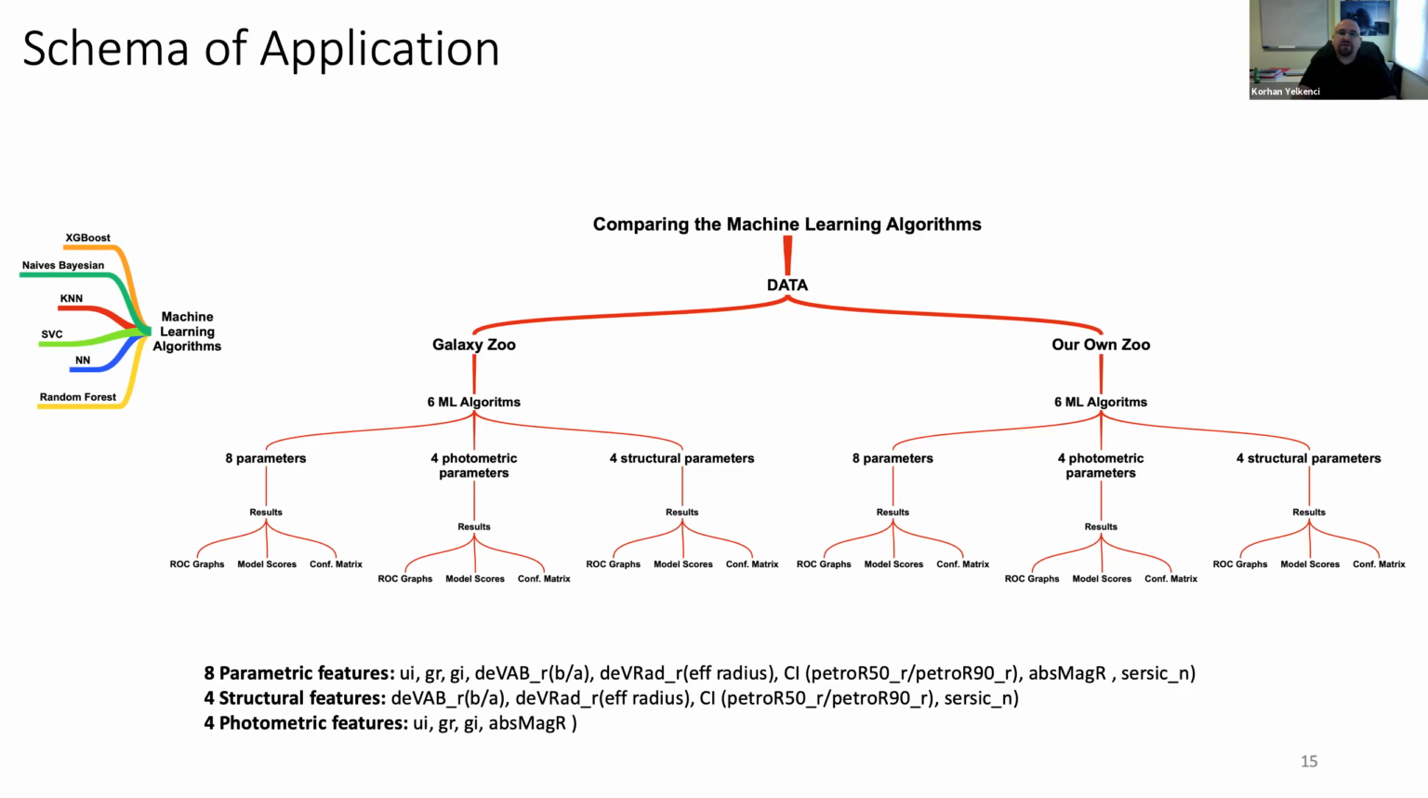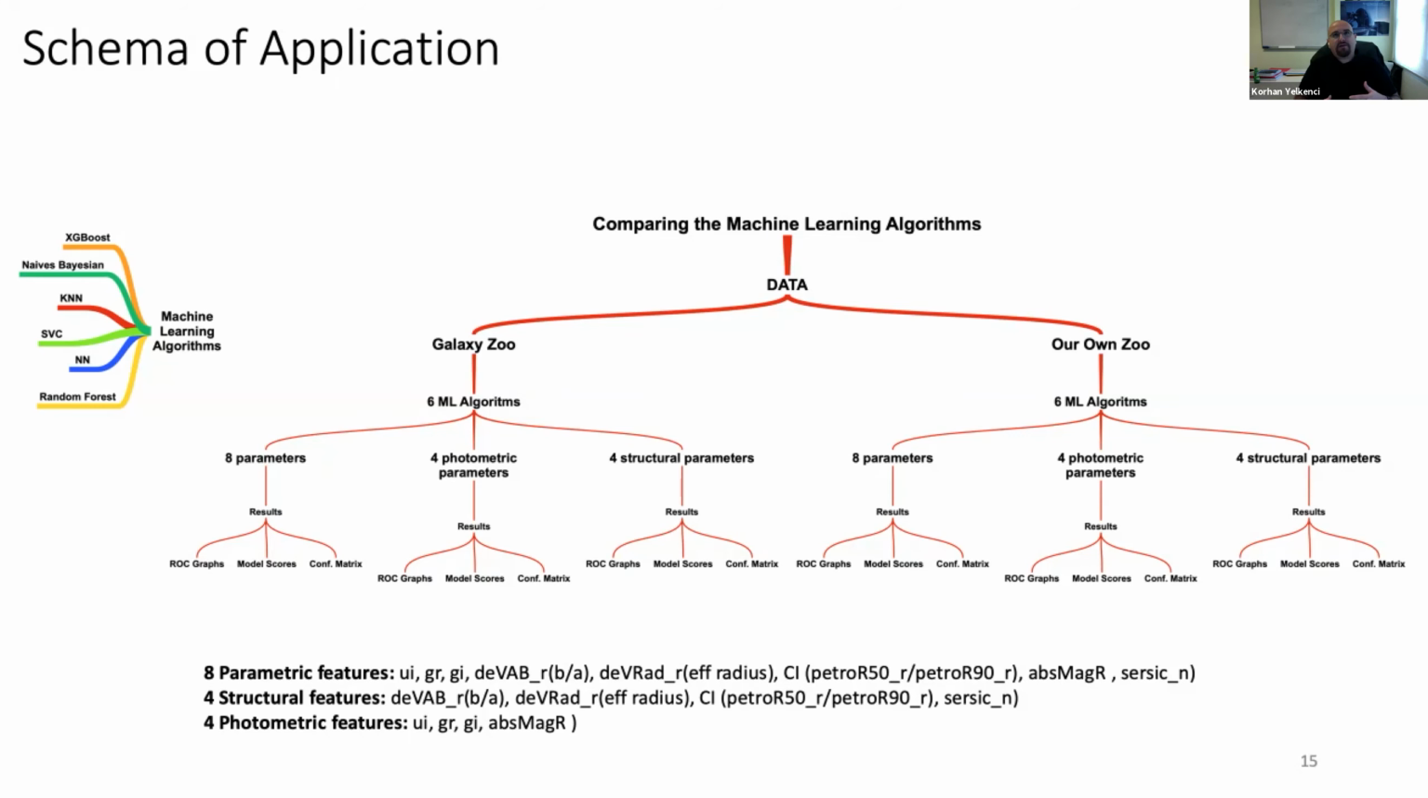So what we did, we have the data, the Galaxy Zoo data, and our own zoo data. We visually classified the CFHTLS data. We use 6 machine learning algorithms, they are here on the left part: XGBoost, Naive Bayes, CNN, SVC, NN, and random forest. We just apply those algorithms to see